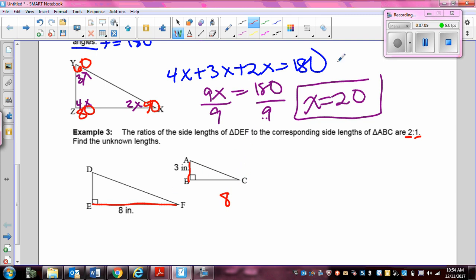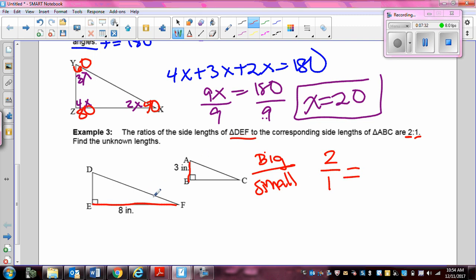Oh no, these two are not the same sides. Okay, this is why they gave us 2 to 1. So my fraction is going to be 2 to 1, and 2 is the bigger triangle, DEF. That's very important. We're going to do big triangle over small triangle in both of our fractions. So my ratio is 2 to 1, so that's going to be one of my fractions, is equal to,